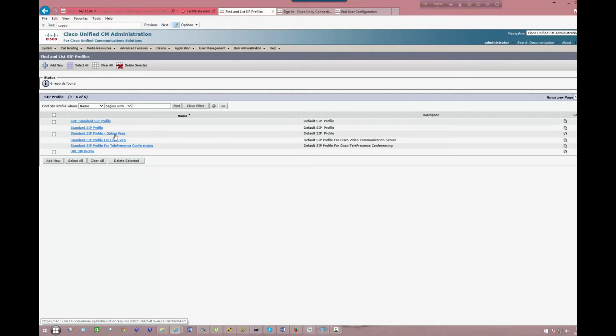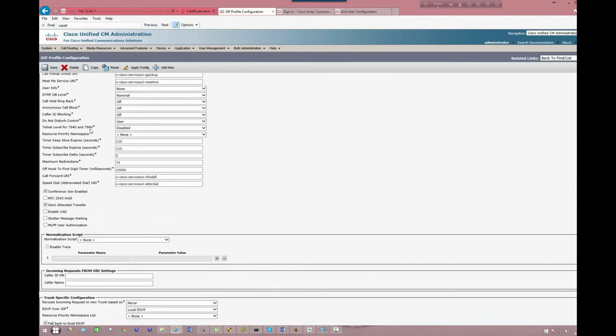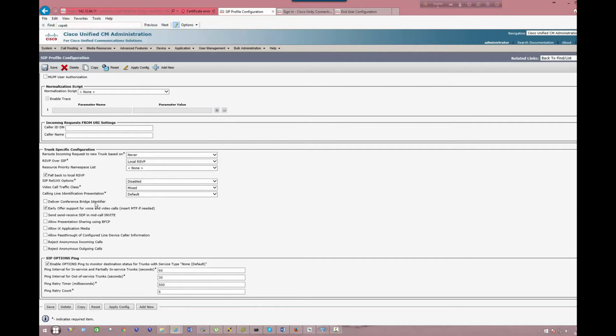So the standard SIP option ping, that's just a copy of the standard SIP profile. So you scroll down, and typically you can select early offer support for voice and video insert if needed, and then you select this option called option ping, enable option ping. We're going to make it 30 seconds. Oops, my mistake. Ping interval for out of service trunk, 30 seconds. So you can go